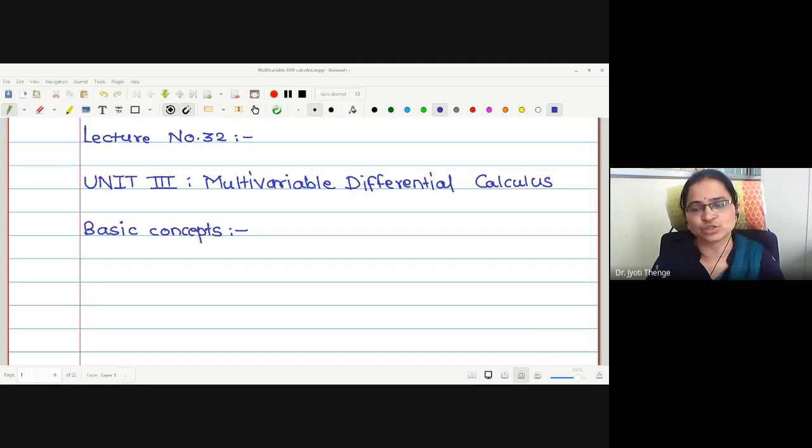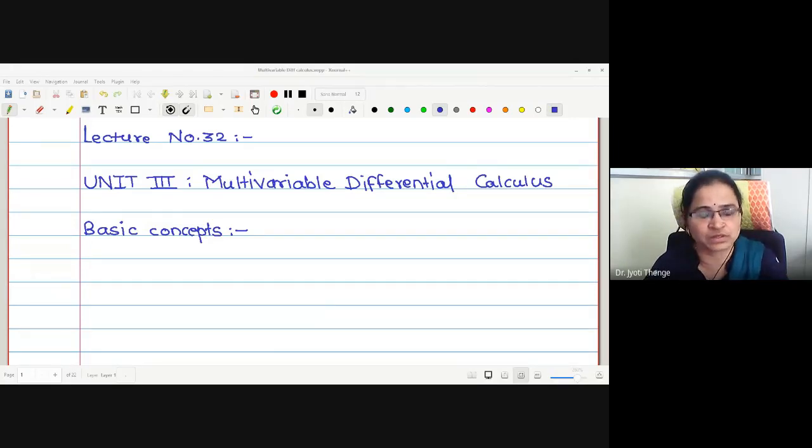Also, we proved the condition of integrability for the Riemann-Stieltjes integration. We also saw a theorem which will help us solve examples of Riemann-Stieltjes integration, that is, how to integrate a given function with respect to another monotonically increasing function. For this, we saw that integration of f d alpha is equal to integration of f times the derivative of alpha, that is alpha dash of x, into dx. If we do so, the Riemann-Stieltjes integration reduces to Riemann integration, and once we reduce to Riemann integration, we know how to solve these examples.